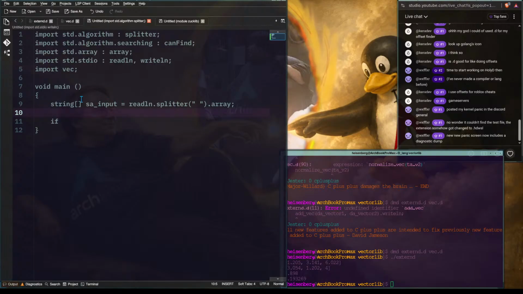Technically, the result of this could be defined as a function in the zuclib, since I do use this frequently in so many different programs. So we might just send this there and use it there, but this thing's pretty simple. All this does is it makes a string array SA input, and SA input is going to be used to determine if SA input can find any indexes of that, then we'll need to in turn